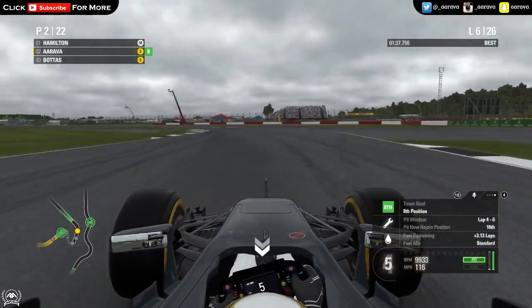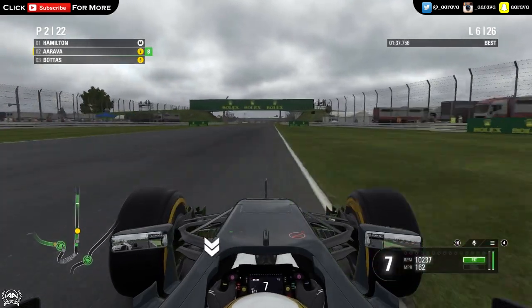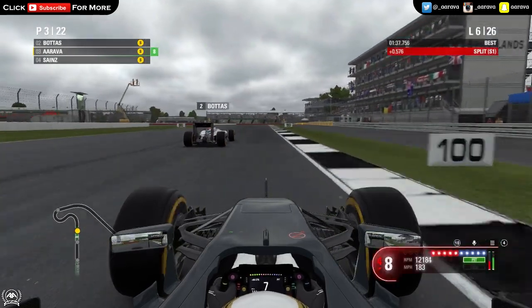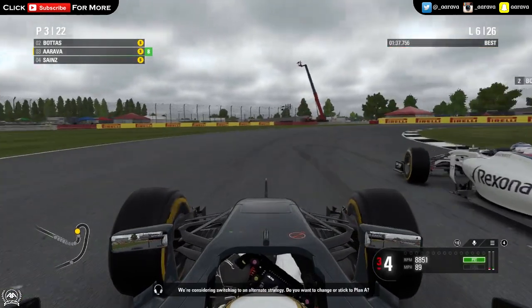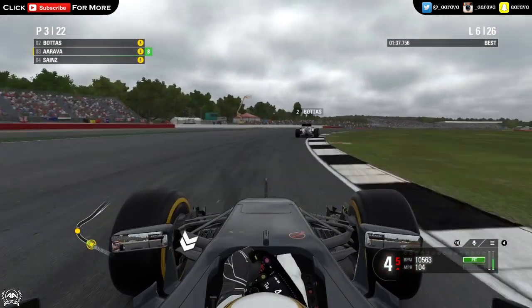You can see it's now me and Bottas fighting for 2nd place as we've got a lot of people ahead of us pitting, including Ricciardo and the likes of Vettel. Obviously Hamilton going longer on the medium tyres, but Bottas on the softs going long with me, whereas his teammate is already pit, I think. So into Brooklands, we tried to maybe come back at Bottas. He does really well, to be fair, to park the bus there into Brooklands, and then onto the following section